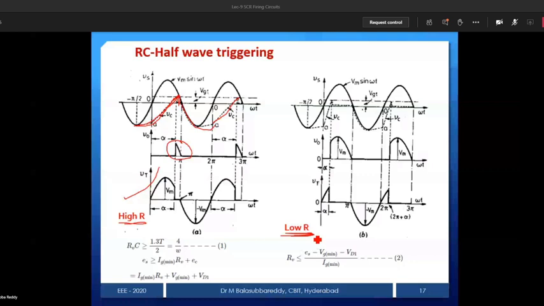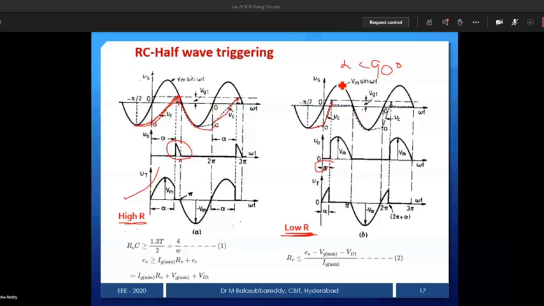In this way you can control this circuit. You can use alpha less than or greater than 90 degrees, so the 90 degrees concept applies here. Here alpha is less than 90. This is the waveform, because it is controlling up to 180 degrees. And this is alpha greater than 90 degrees. You can use it like this.